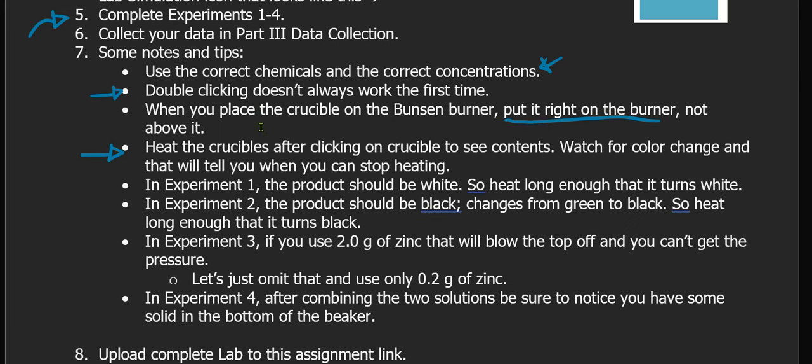And then I give just some descriptions on the types of products that you are looking for. So experiment 1, your product should be white colored, and then experiment 2, you should be seeing a black colored product. It goes from green to black actually, so you will know that it's complete once the green turns to black. In experiment 3,